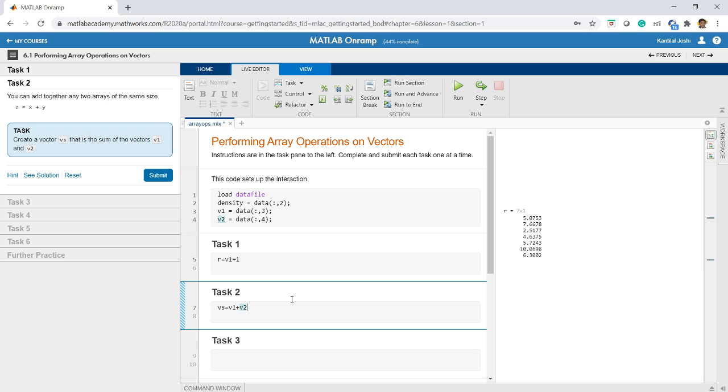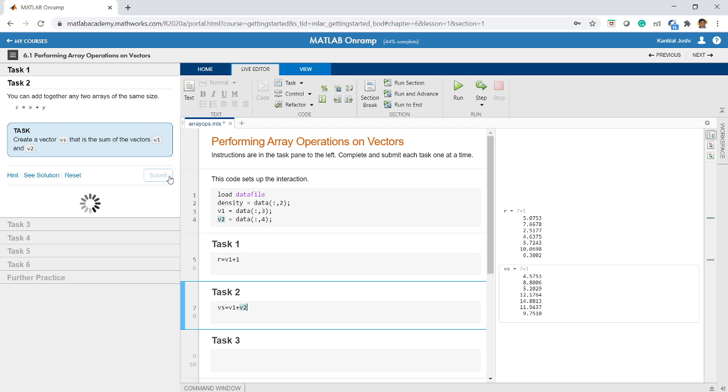So if the matrix sizes are matching, you can directly use plus sign and do this. Okay. So if I implement this, I'll run this section. You will see that there is a new matrix Vs which is created, which is addition of v1 and v2. Okay, so this matrix is addition of v1 and v2. Only condition is that v1 and v2 should be of the same size, right?